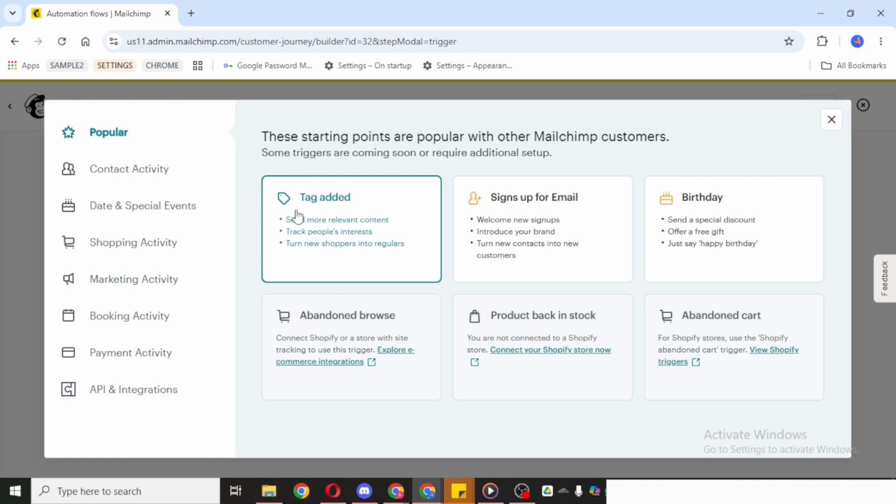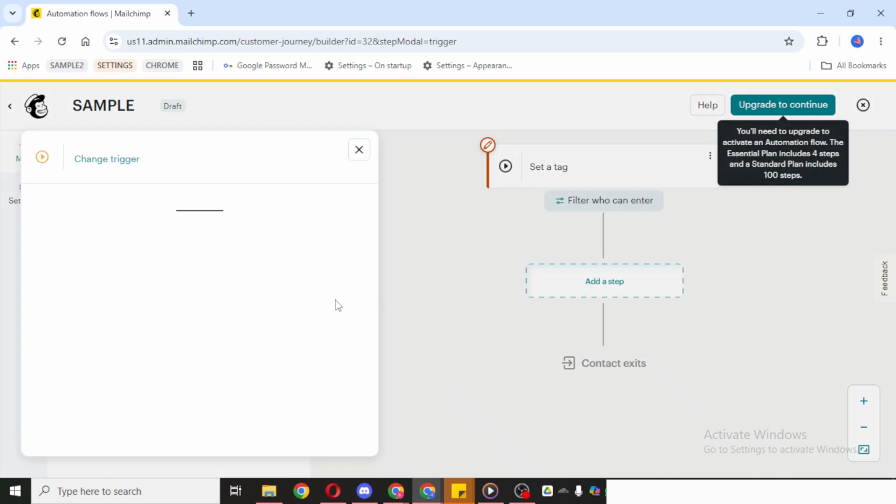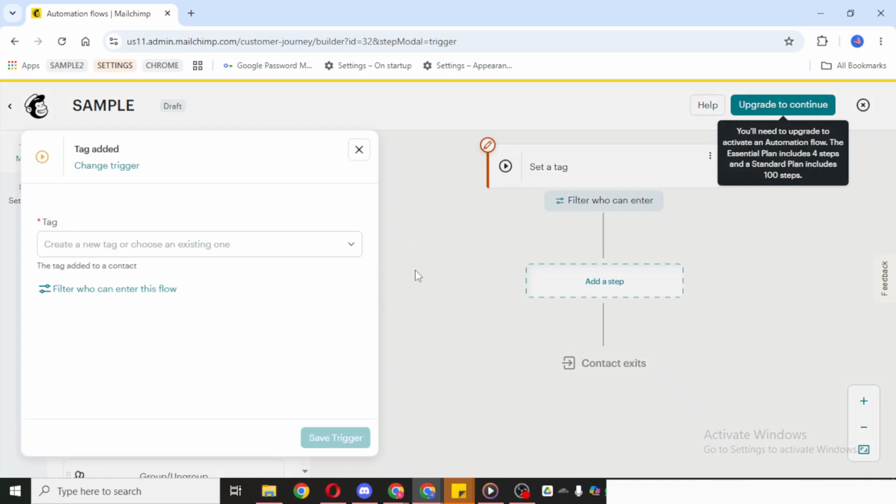And then simply customize and review everything. Go through the automation settings, adjust the content and timing if needed, and make sure all details are correct before turning it on. Reviewing everything carefully helps prevent mistakes and ensures the automation works the way you expect. Once you're satisfied with the setup, your MailChimp automation will be ready to help streamline your marketing process.